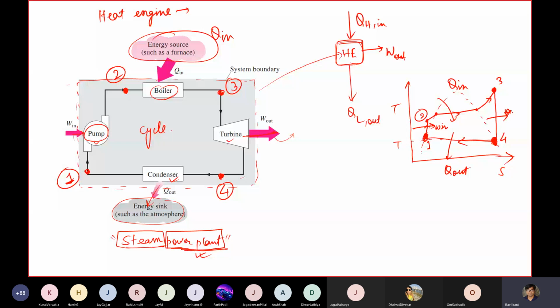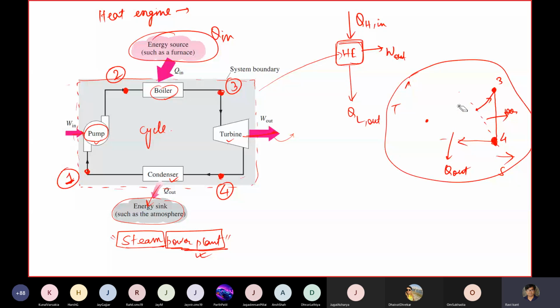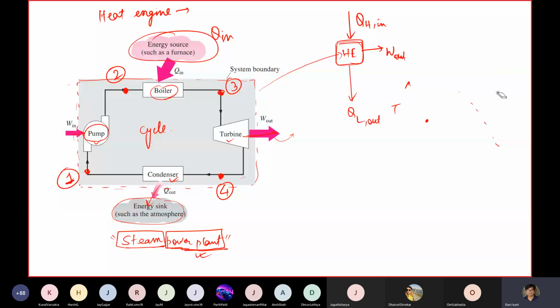So this is how your thermodynamic cycle works, but we will not care about it much right now. Let me not concern more about this, and we should be concerned more about the heat engines right now. We'll talk about it in more detail when we read the next chapter, probably. So we should be concerned only about this right now.